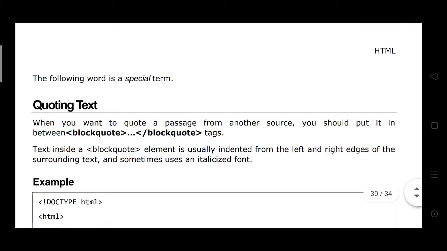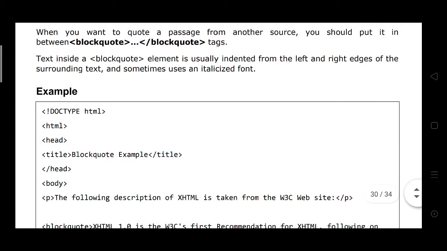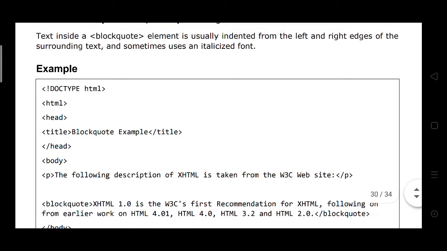When you want to quote a passage from another source, you should put it between blockquote and closing blockquote tags. Text inside a blockquote element is usually indented from the left and right edge of the surrounding text, and sometimes uses an italicized font. Example: